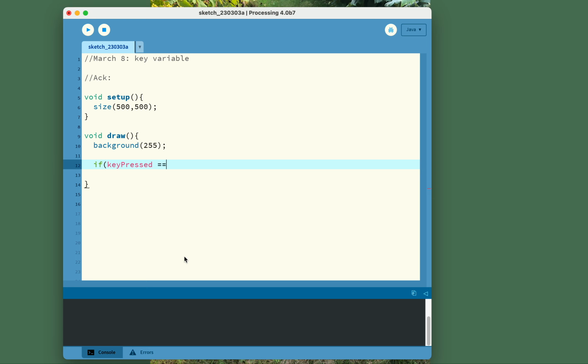So we can check to see if keypress equals true. Close the parentheses, open a curly bracket. We want to make sure we leave a little space and close the curly bracket. We still have a second curly bracket closing the whole draw method. And then whatever happens between these two curly brackets will only happen when a key on the keyboard is pressed